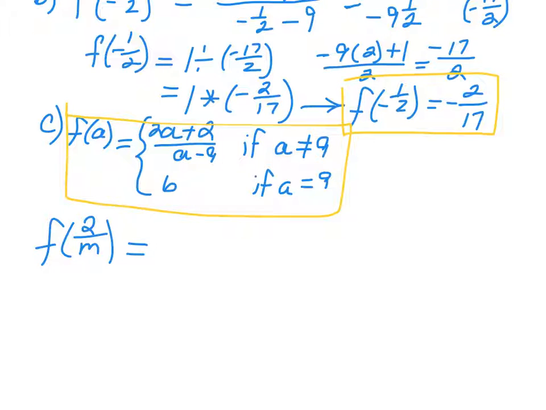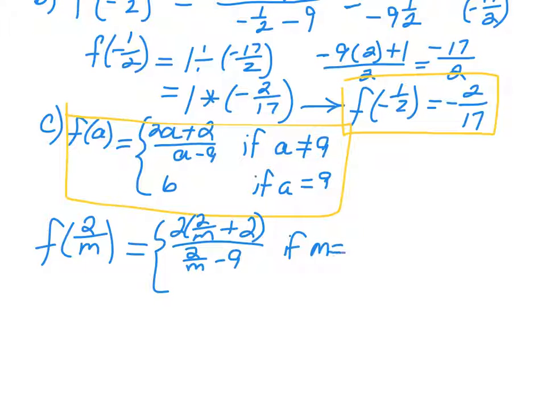And since we're assuming that 2 over m is not equal to 9, it's again going to follow the first rule, 2 times 2 over m plus 2, divided by 2 over m minus 9, if m does not equal,